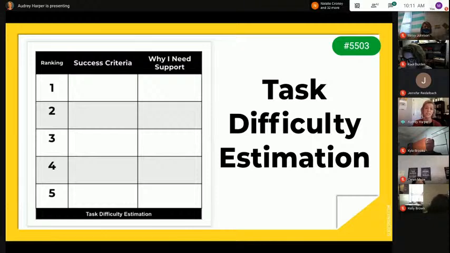Maybe they think 5 is still hard, but I think I can do it. So they're going to rank order the 5 different skills that they think are going to be the hardest to learn, and then why they need support in learning how to do those. So when we talk about having assessment capable learners, getting students involved in the learning and assessment process, this is going to be key. It also helps us in that they understand the target that they're going to be aiming